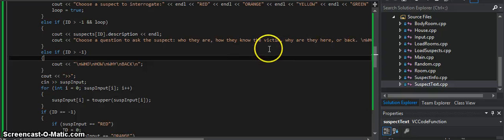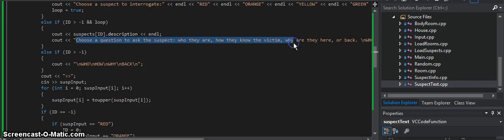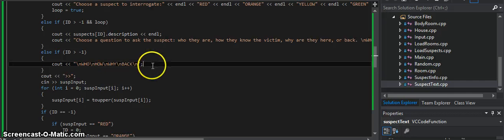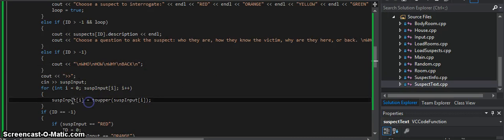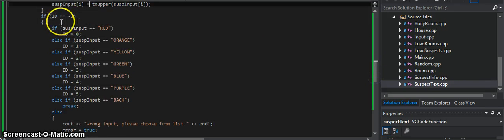So if you ask who and it outputs that message and it goes back, you don't want this entire message being called out a second time or a third time or every time you ask something. So that's just set there. Another for loop to pass everything as upper. In here, this is changing it so that if the suspect's input is red or orange or whichever they've chosen,